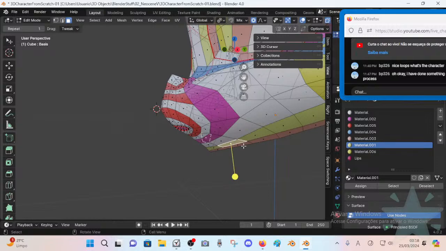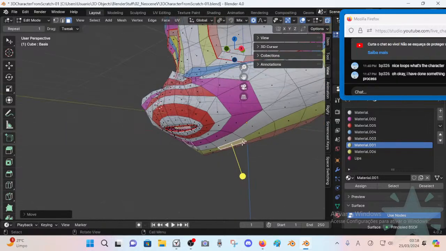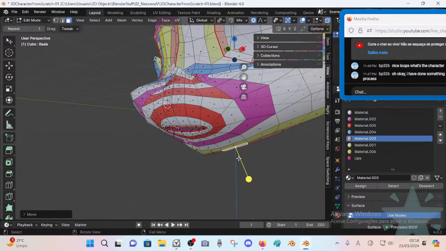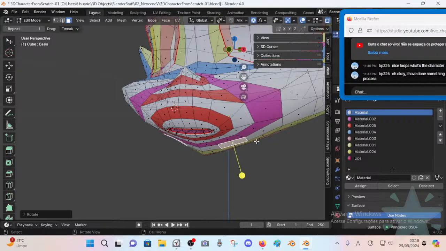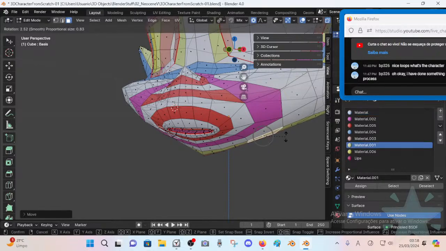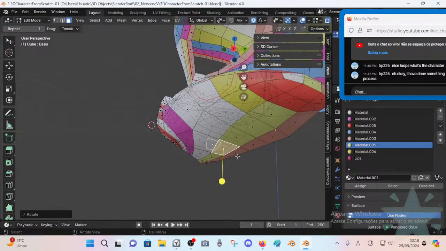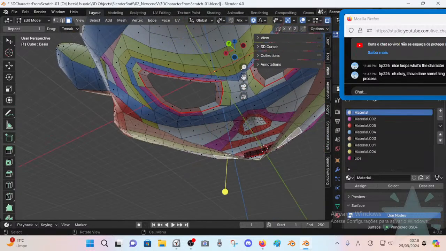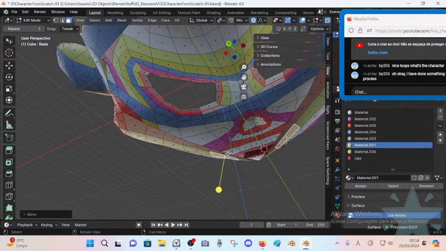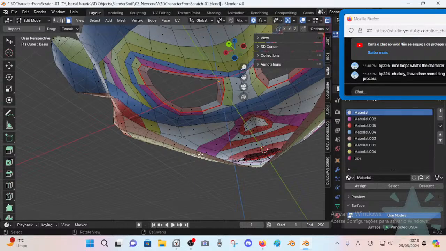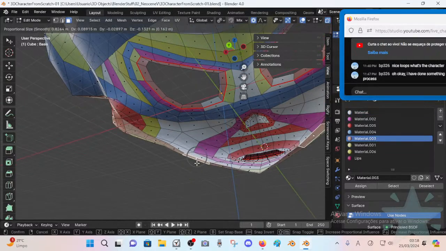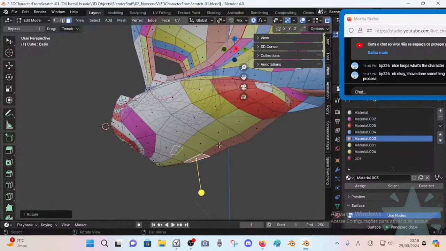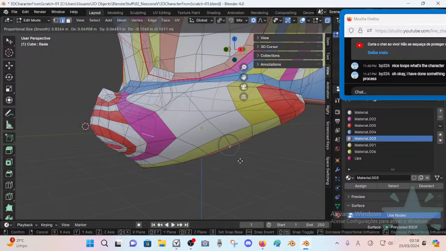We need to have the chin slightly more flat here, right? Otherwise it will be too strange, right? So we need some sort of, can't just run all the way in that direction as it was. So let's make here